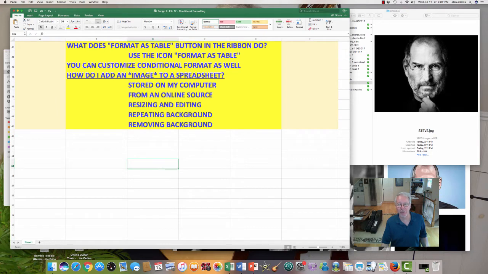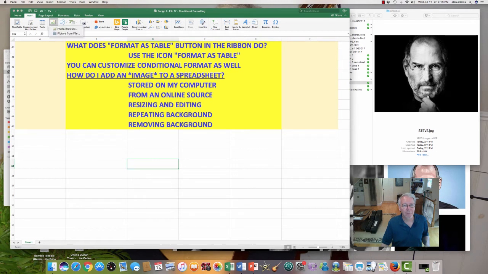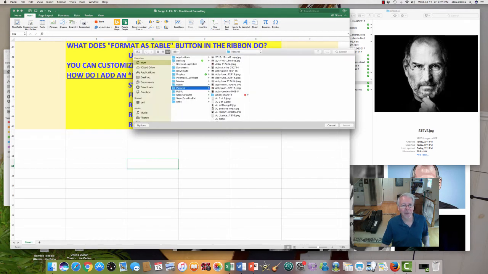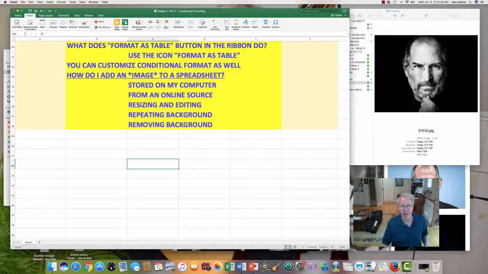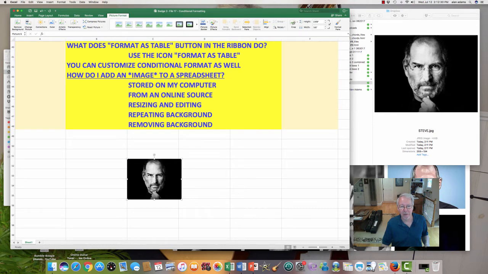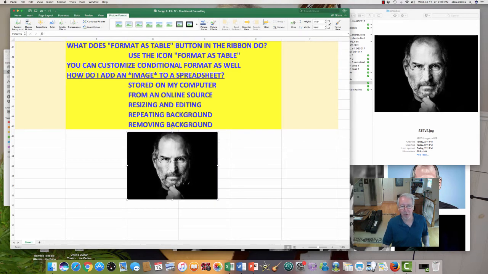I want to put that picture of Steve right into my Excel spreadsheet because maybe I'm doing a history of the development of some of Steve Jobs' greatest programs. So what I'm going to do is insert a picture from File. Okay, I'm going to go to my Dropbox. That's where I stored Steve. There he is. I'm going to double click on steve.jpg, and there he is. And you can do the same thing. You can blow him up, you can shrink him down, and